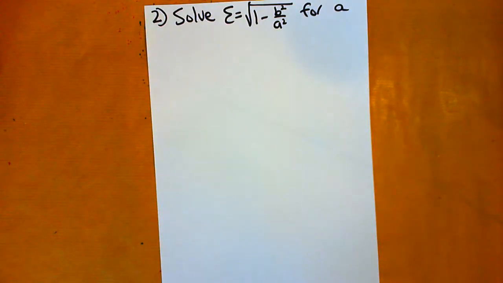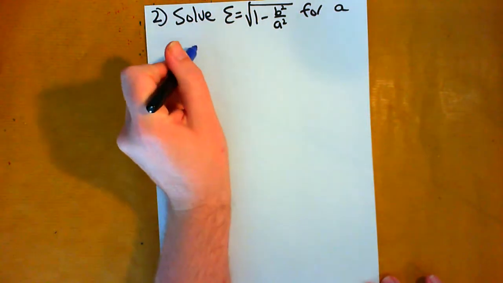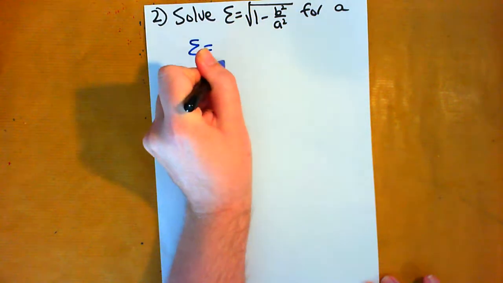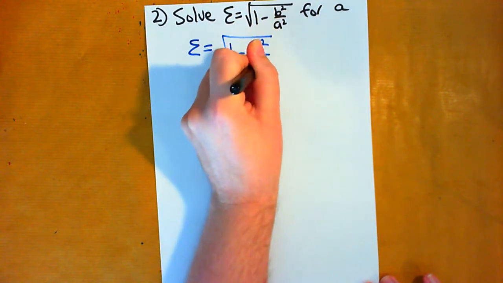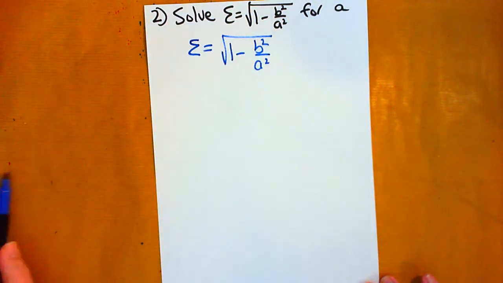Hello viewers, tutorial 3 question 2, and we have to solve epsilon equals the square root of 1 minus b squared over a squared for a. So this is the equation that we've got. We've got epsilon is square root 1 minus b squared over a squared, and we're going to use the onion